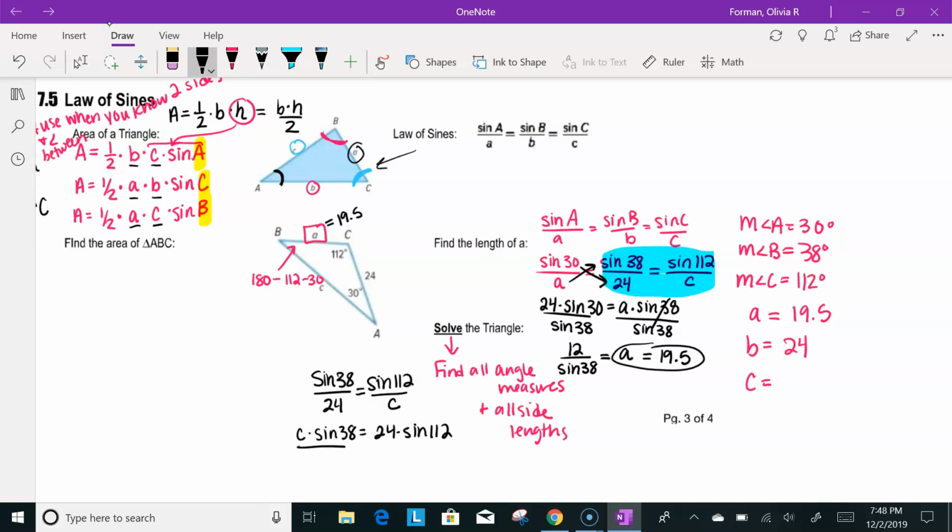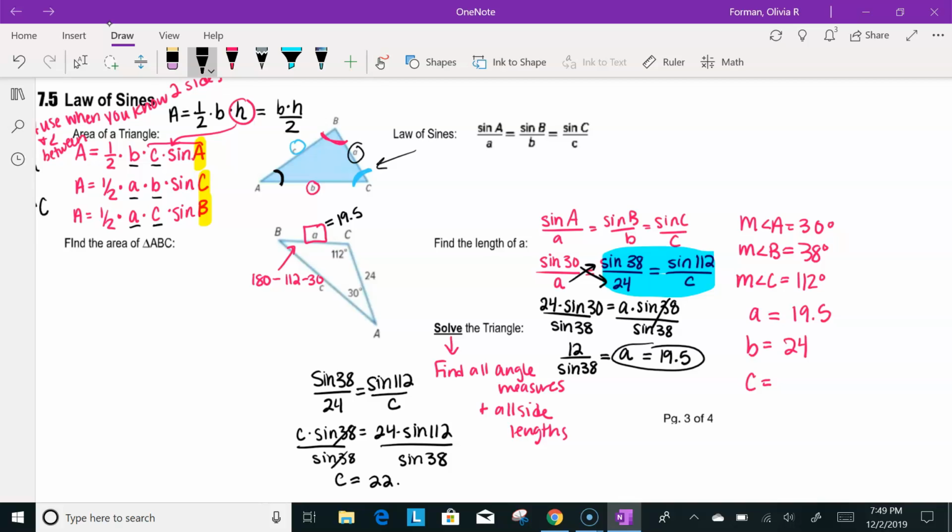Okay, I'm going to divide by that sine of 38 to get C by itself. And so 24 times sine of 112. If you type that in your calculator, we should get